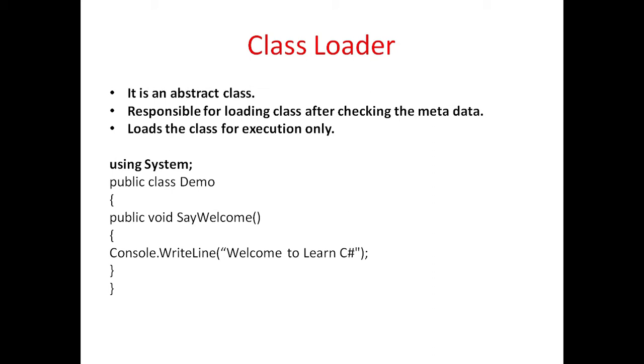First, it checks the System namespace is available in the class. That is, it checks the programmer imported the System namespace using the statement using System. Then it checks the Console class is available in the namespace. Then it checks the WriteLine method is available in the Console class. Then it looks into the local library where the namespace is available, and using the DLL version and security token of this DLL file, metadata is generated.